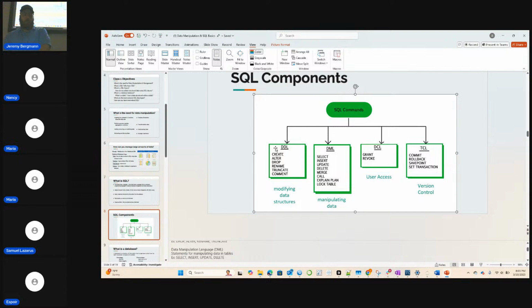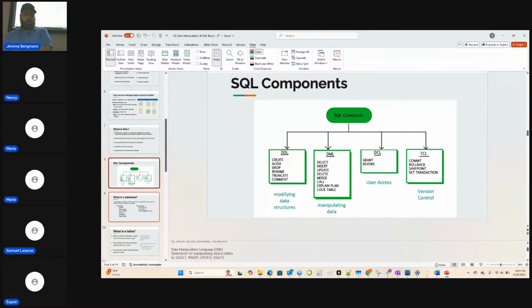So DDL we'll see a lot of in the third lecture, when we're inserting, deleting and updating values, and they even have some renaming or truncating. Truncating is deleting all the records out of the table. We'll learn more about that. A lot of the class will be using data manipulation language to select data, merge data, and so forth.